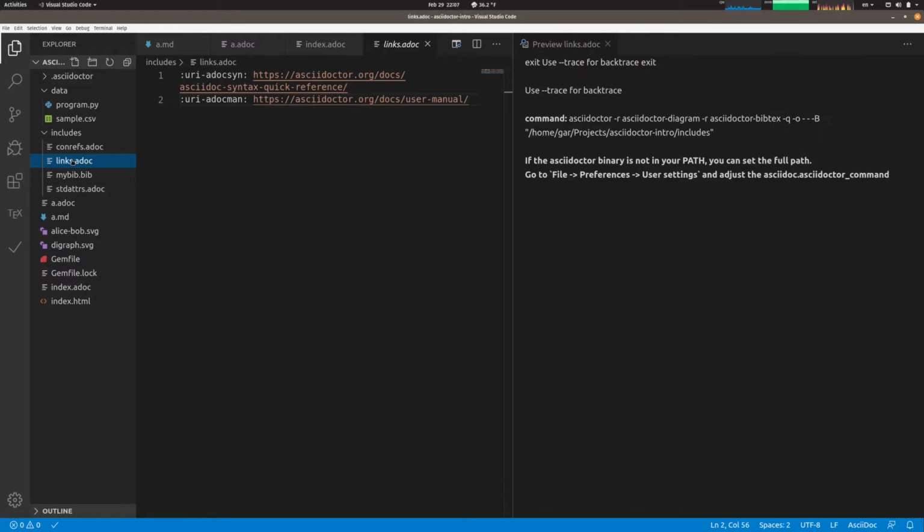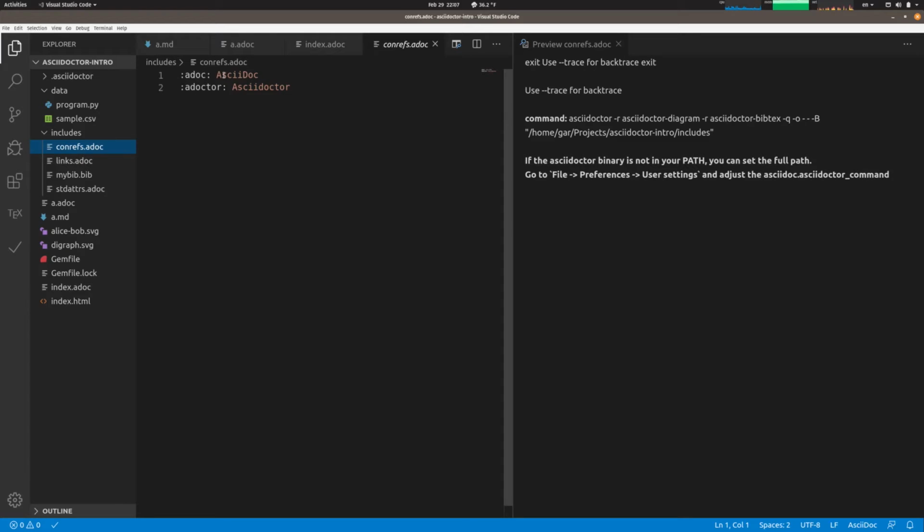But another thing you can include, kind of like you do in Markdown, where you have your links, your URLs set with a link that you can reference. You can do that here. And I call this conrefs, kind of hearkening to DITA, but content references, where you can have product names and